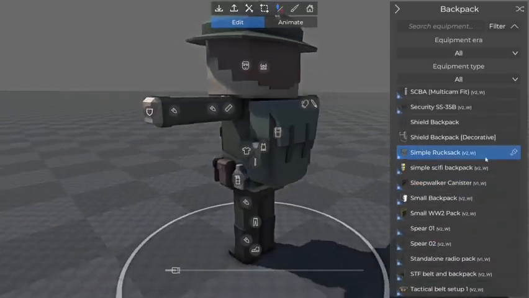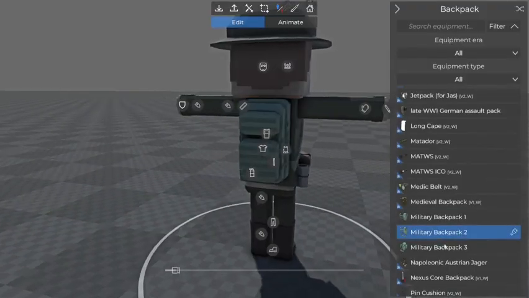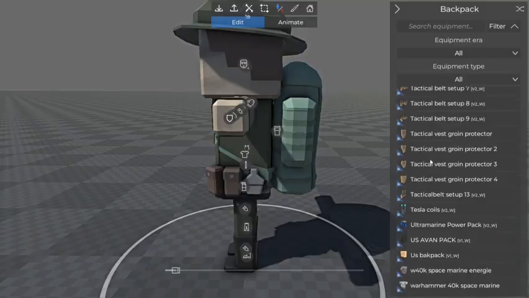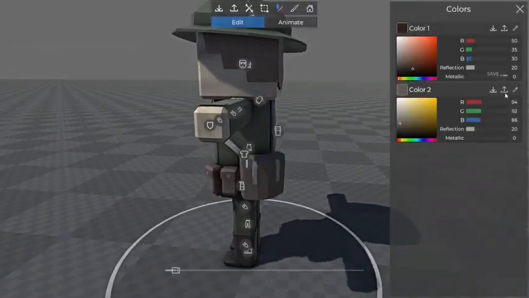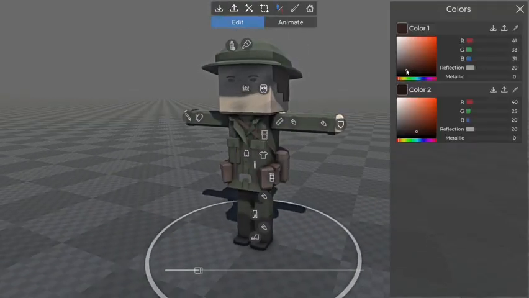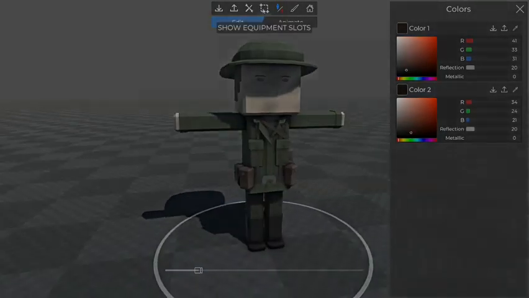You could go with the simple rucksacks again. You can use the vanilla stuff too. They're helpful. There's also the World War bags that I like to use. Again, the brown contrasting with the